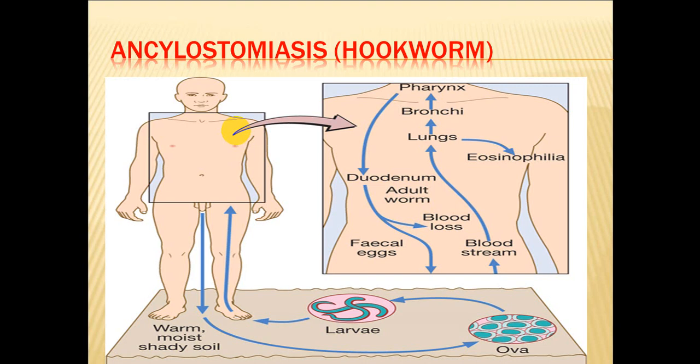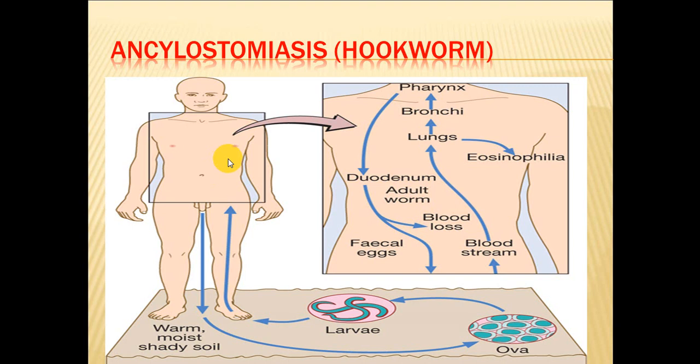To start with, Ancylostoma duodenale, or hookworm, الديدان الشصية. This is the life cycle of the worm. This is the larvae, this is the ova, the site of entry is from the bare foot, and from the bare foot it goes to the